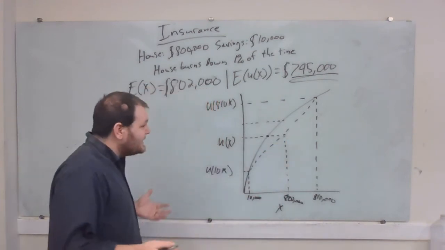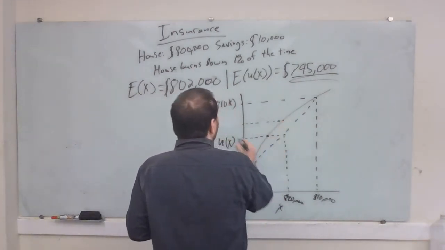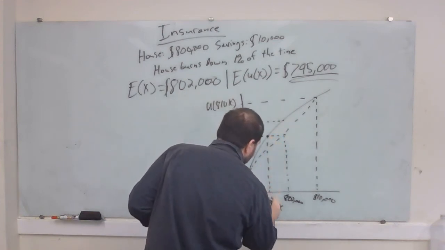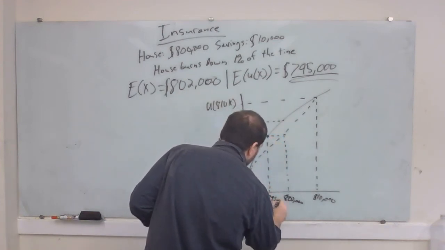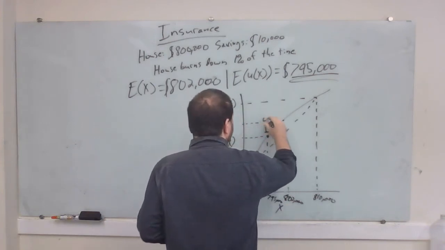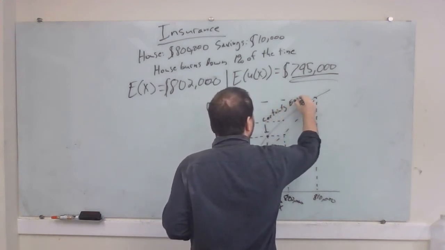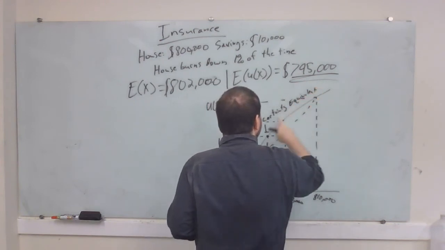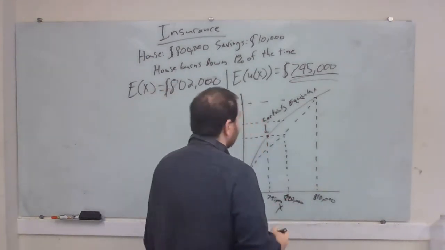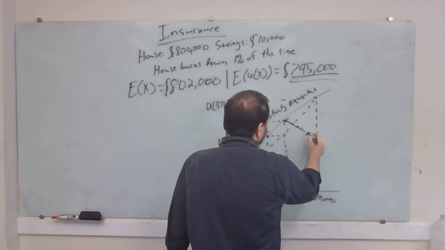So what's the range of prices that I could be offered by the insurance company? Well, it's going to range from prices that'll put me at 802,000 all the way to prices that'll put me at 795,000. This value here I'm going to give a certain name. I'm going to call this my certainty equivalent, because that's essentially the amount of money that I would be equally happy to have for sure as to have the risky bet. This amount here, 802,000, I'm going to call my actuarially fair